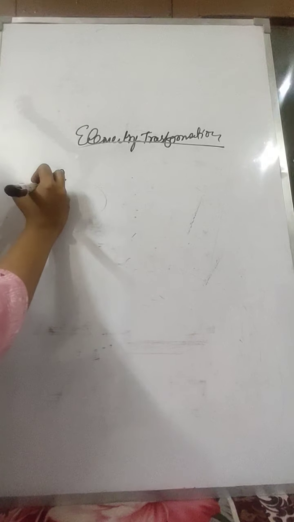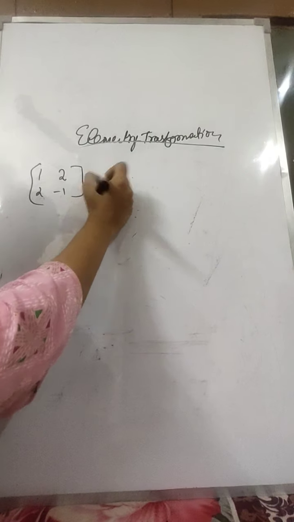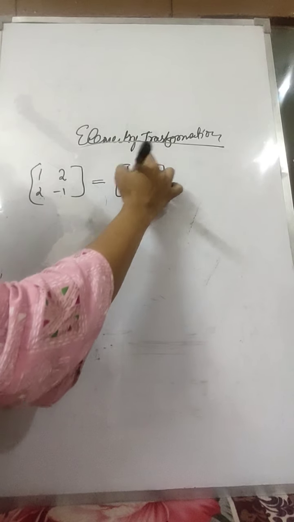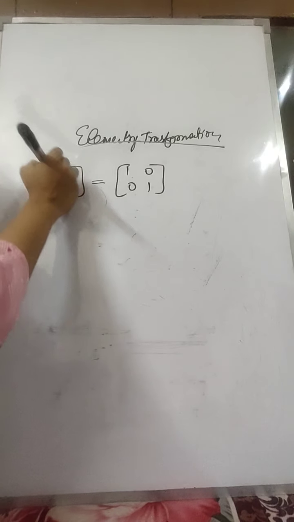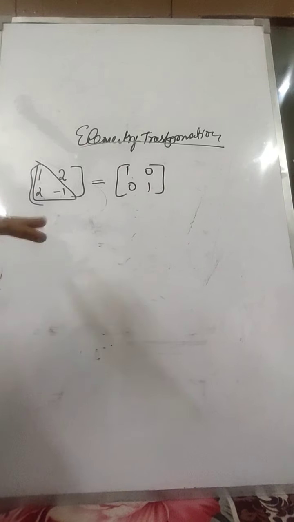Now for example, if I take the matrix 1, 2, 2 and minus 1, that I have to transform. Transformation here is basically to find the inverse. So this will be equal to the I matrix, that is 1 0, 0 1. Okay, it will be equal to this. As I go step by step, you will understand what we are going to do here. I will be working in a triangle. In a 3 cross 3 matrix also I'll explain how we do it, but it will be better to understand with a 2 cross 2 matrix for now.